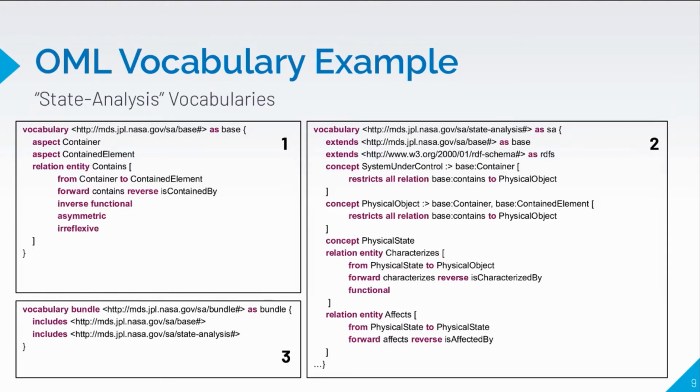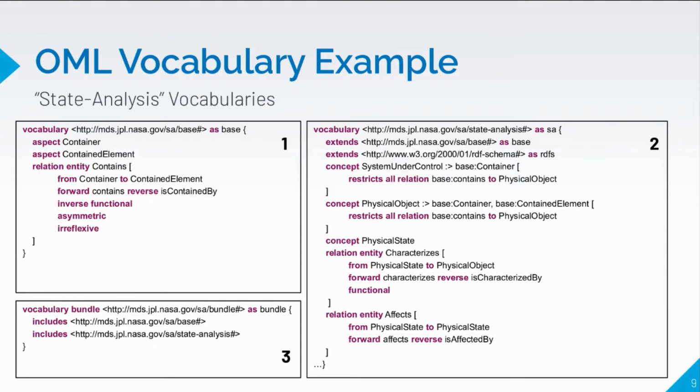And you can see some semantic flags that I can turn on for this relationship, saying it's inverse functional, meaning that the target can only belong to a maximum of one source. Asymmetric, meaning if a container contains some element, the other element for sure will not contain it. And irreflexive, meaning an element cannot contain itself.